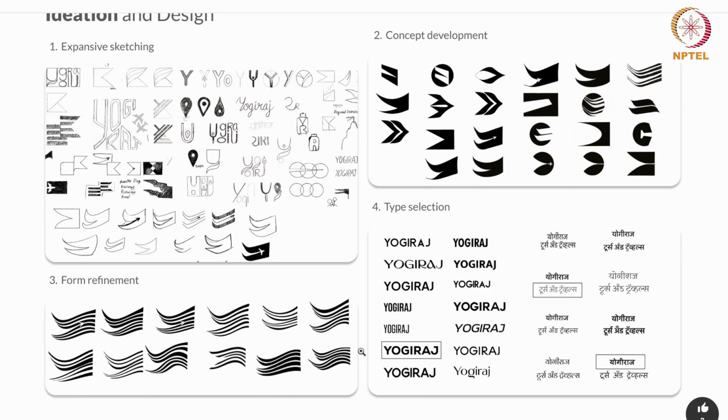It's a very convergent brainstorming, and beyond the expansive sketching, it was connecting with the stakeholders again and taking their feedback and opinion on what is aligning with the brand values.